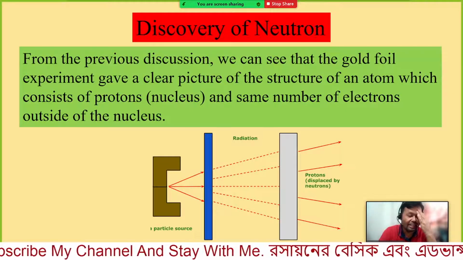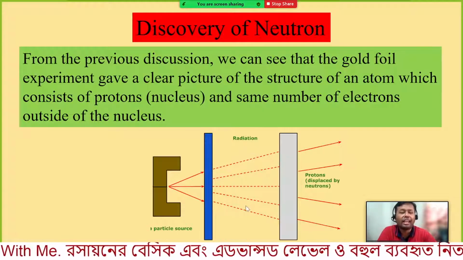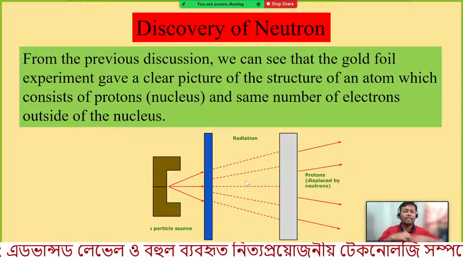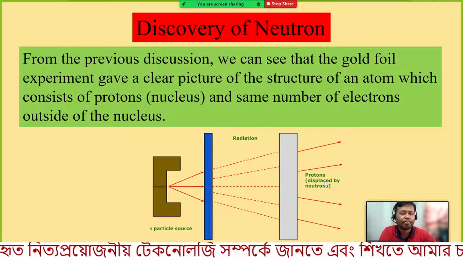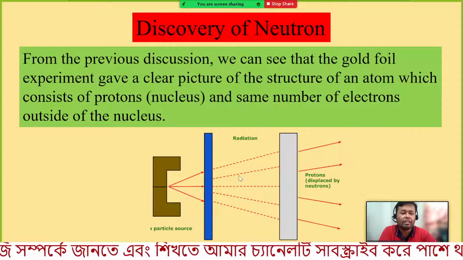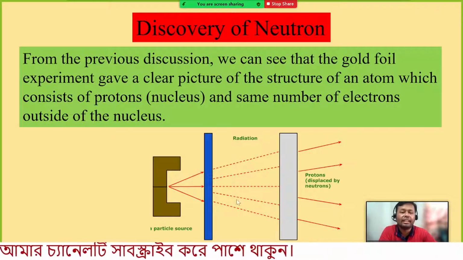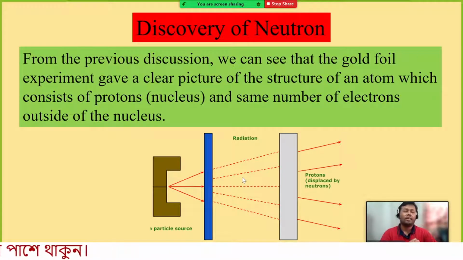Now what is the idea? If this is photons, that means very light particle. So the light particle cannot eject any other heavier particle, because we know proton is very heavy. That is very interesting. That means if this is a very lighter particle or neutral radiation, what we have found, W. Bothe, they have mentioned that these types of radiation is a neutral radiation and considered as photon. So they have given some wrong idea.